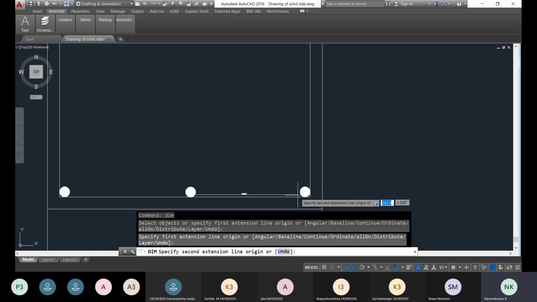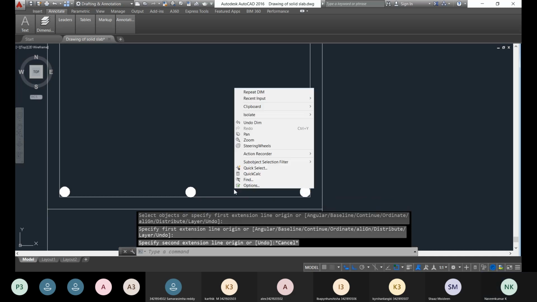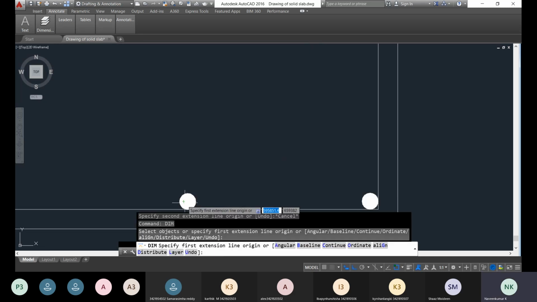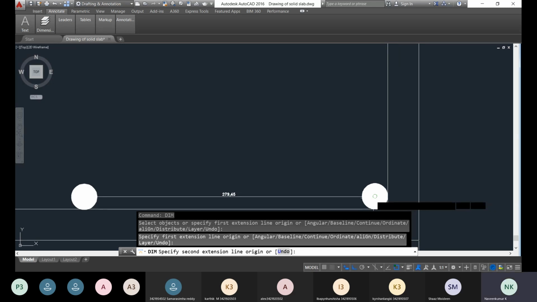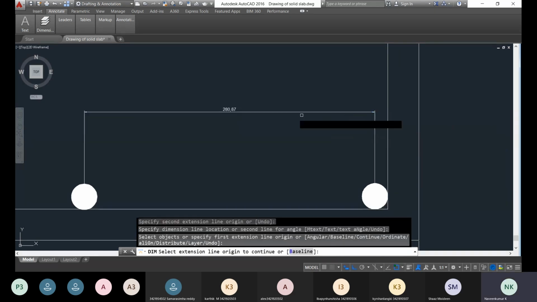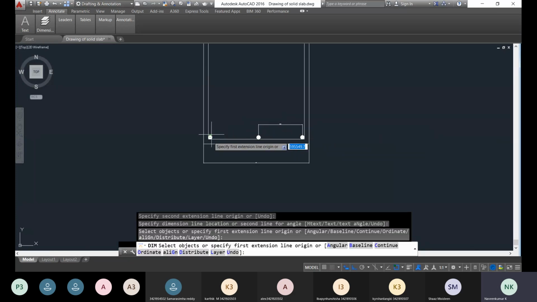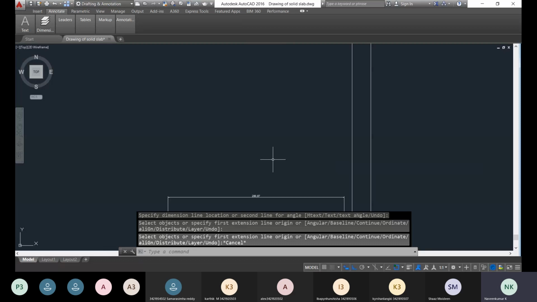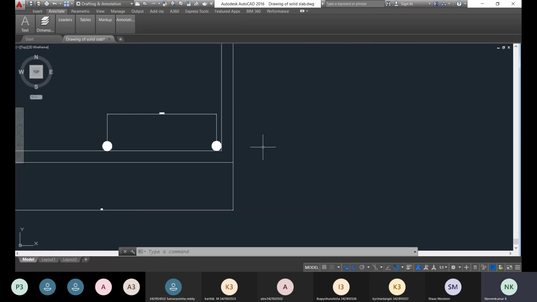So from the center to this particular center. Okay, wait a second. From this particular distribution bar center, you choose distribution bar center like this. Okay, so this is the dimension actually, 280 mm. Okay, so the distance between the two distribution reinforcements is 280 mm. Okay, so with this, so you